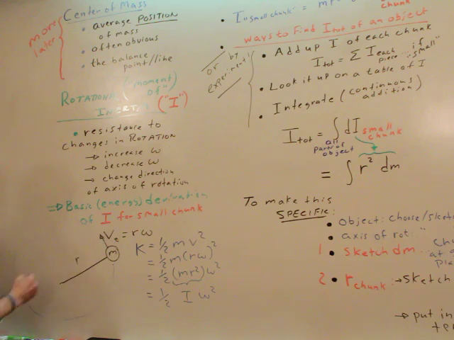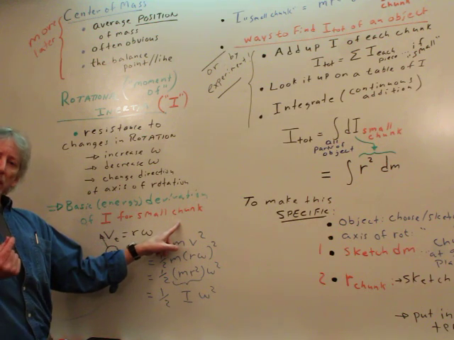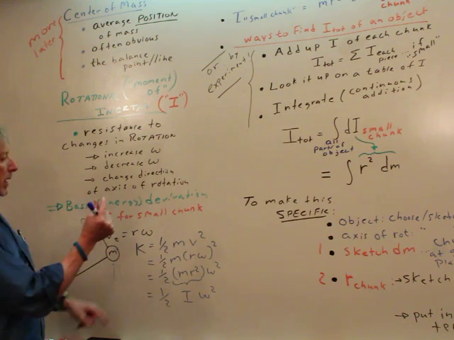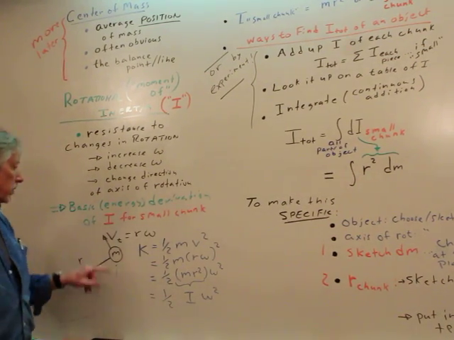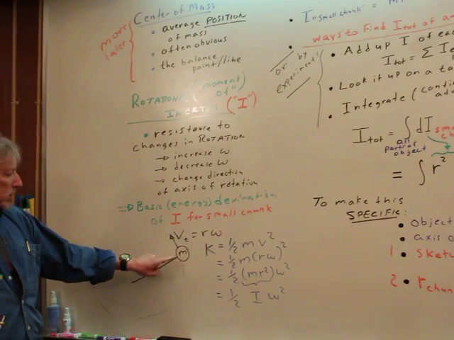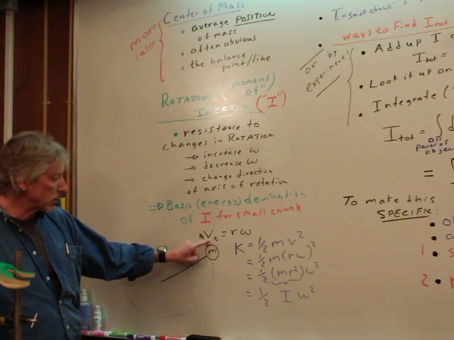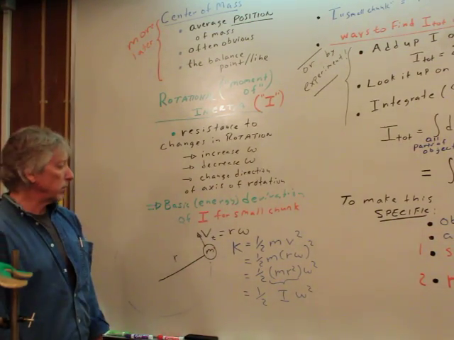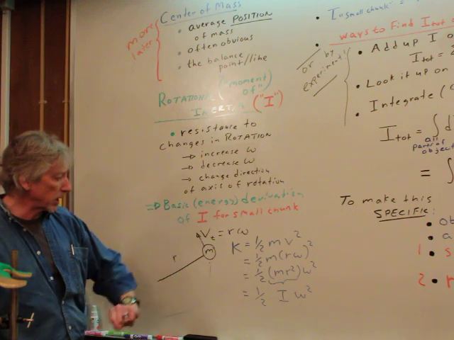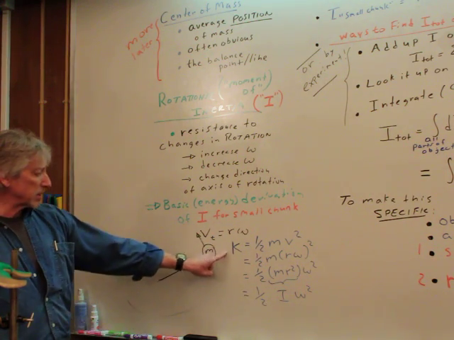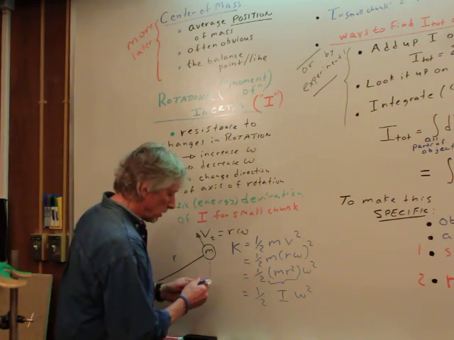Think of this as a rotating object on a string. The other way we think of a small chunk is in the limiting case using calculus, where we make it smaller and smaller in the limit, and we use methods of integration or differentiation. So it's really simple. We just remember that from rotational kinematics that tangential speed is r omega. Right, r omega. So you can check the units: meters per second, meters, radians per second. Okay, so that works, and that means that the kinetic energy of this ball is 1/2 mv squared, where v is the